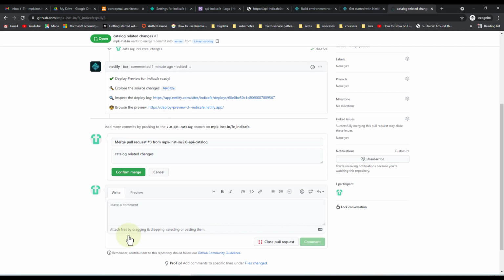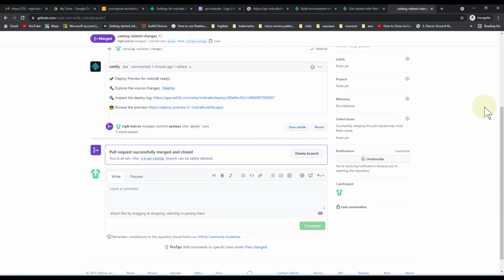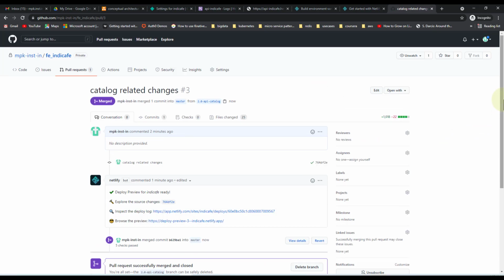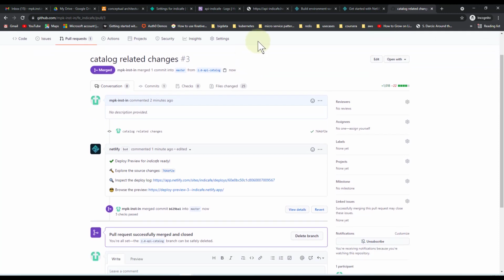And I'm going to go ahead and merge this pull request, confirm merge. So we should have this merge done right now. Okay, so our master branch is up to date. Super. And the next thing that we can do here is we can go over to the settings for Indie